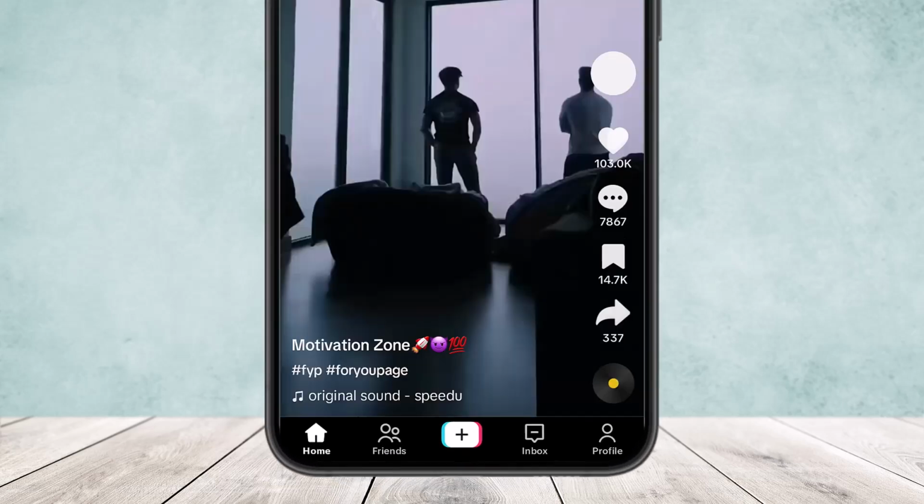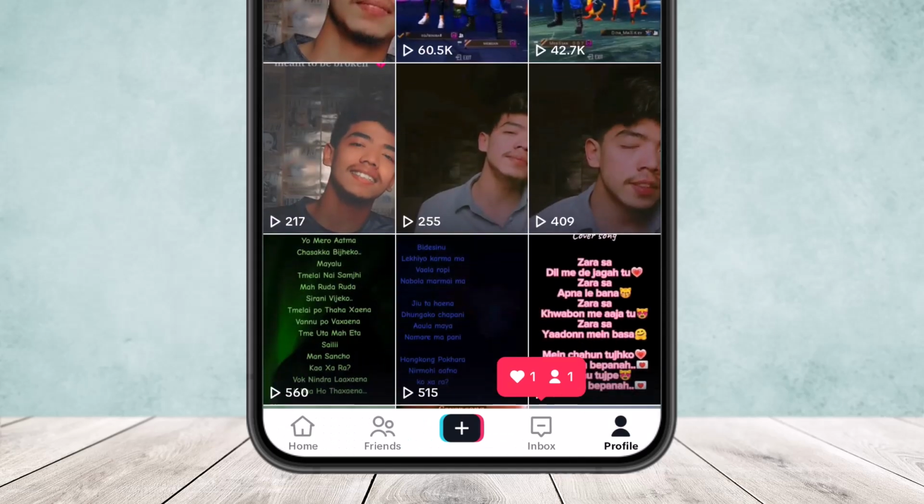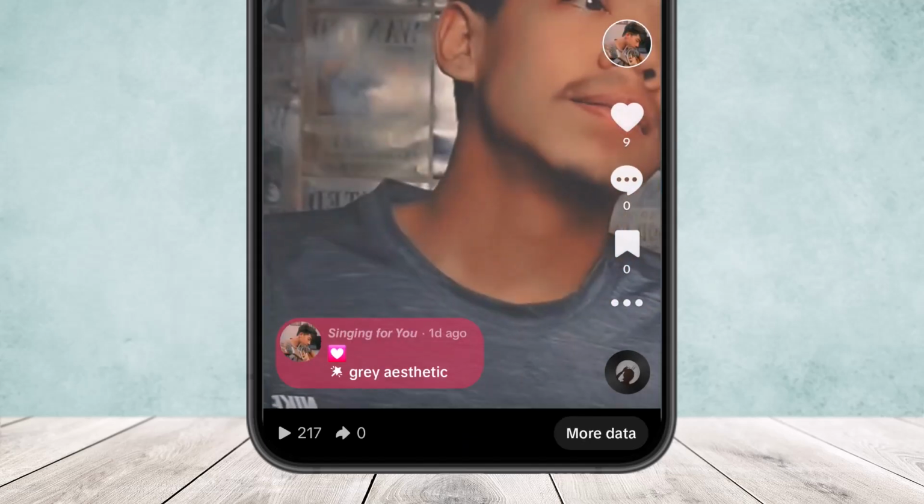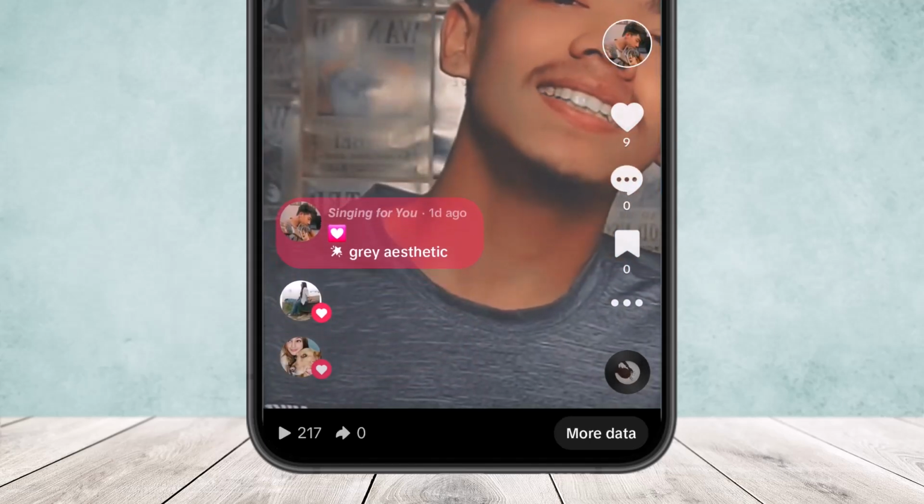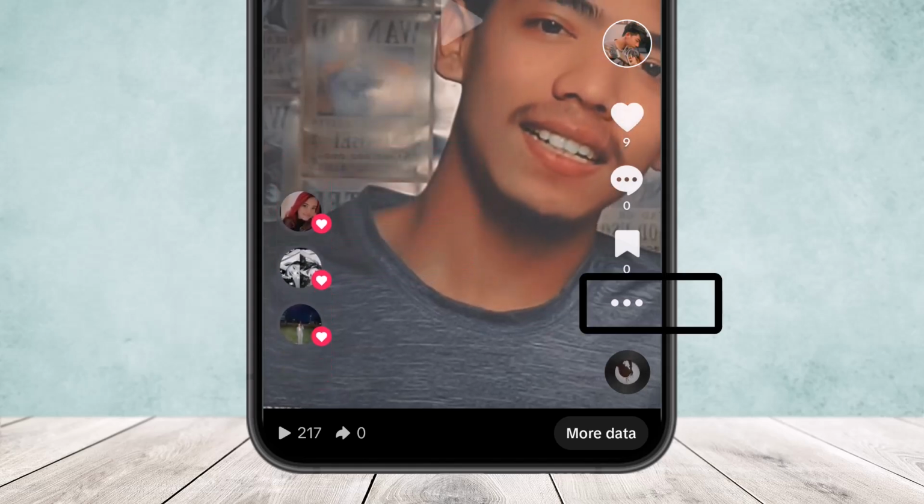app and head into your profile by tapping on the profile icon at the bottom right corner of the screen and head into the video that you want to delete without losing the like. Now here you can see I have 9 likes. Now to simply delete a video without losing likes, what you want to do is tap on the 3 dots option on the video,